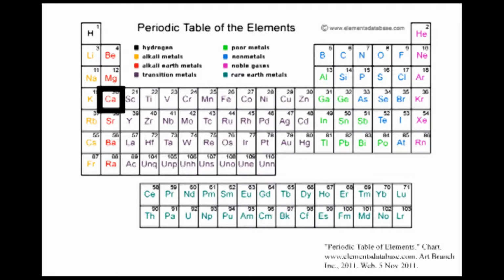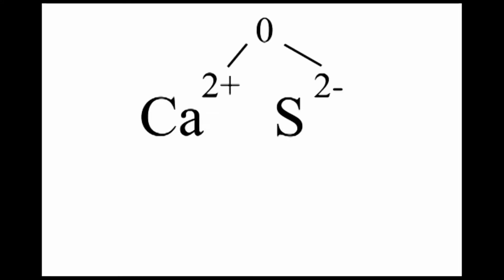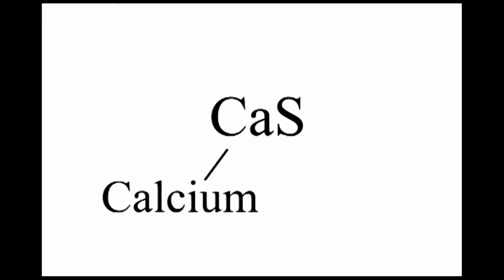Let's combine calcium and sulfur. Calcium is in the 2nd group, so it gets a 2 plus charge. Sulfur is in the 6th group, so it has a 2 negative charge. The charges add up to 0, so there are 2 calcium cations for every 2 sulfur anions. However, this ratio can be reduced to 1 for every 1. So the formula is just written as CaS. You always simplify the ratios of ionic compounds if possible. So to name this compound, we say the metal, calcium, and then the non-metal with the "ide" suffix at the